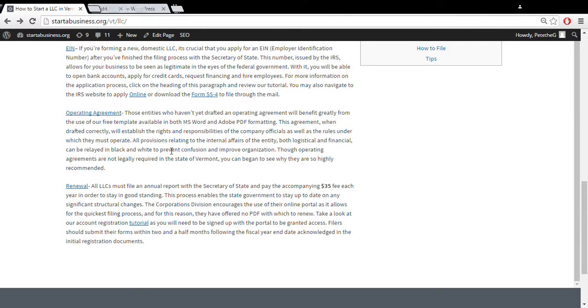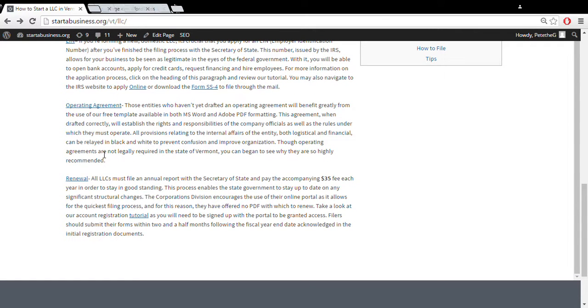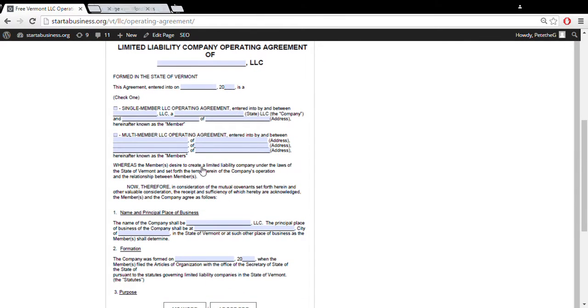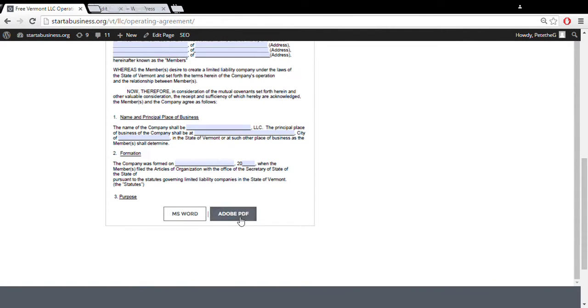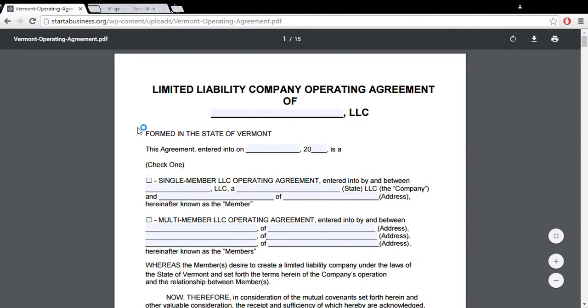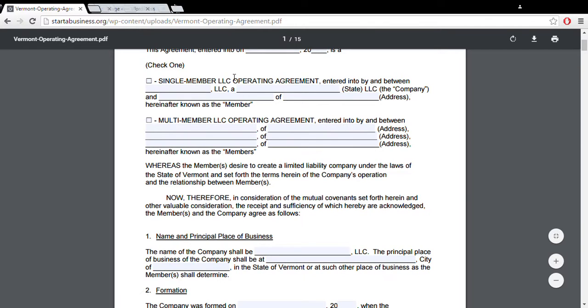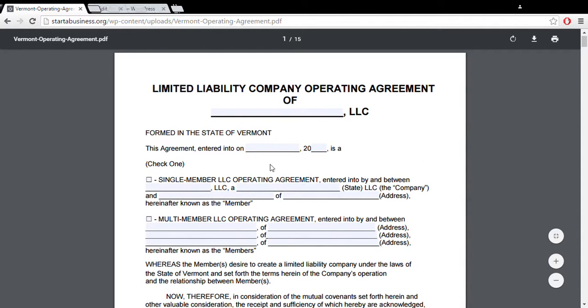Operating agreements are not legally required in the state of Vermont, although we always recommend that you take a moment to at the very least review our tutorial and our template on what an operating agreement would look like. And you can see here it's downloadable in Adobe PDF and Microsoft Word. So let's just take a quick look at that. You'll find that you can enter in all the information. It starts off fairly basic here, the date,